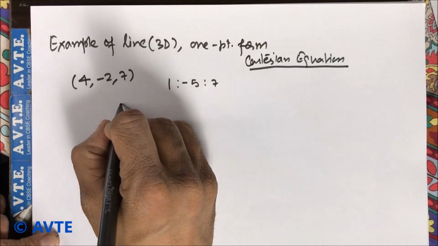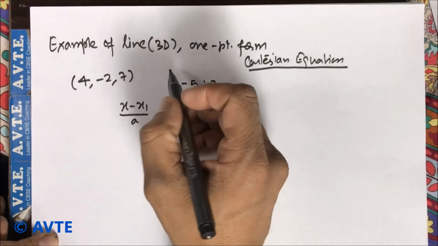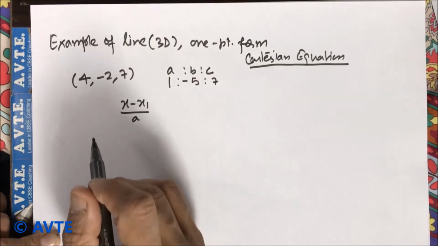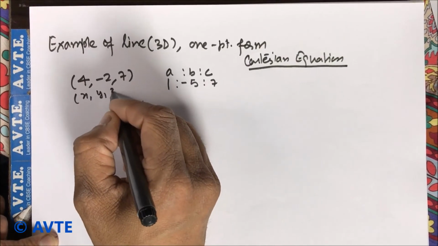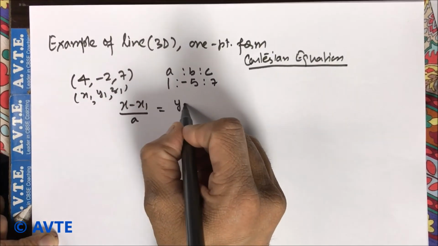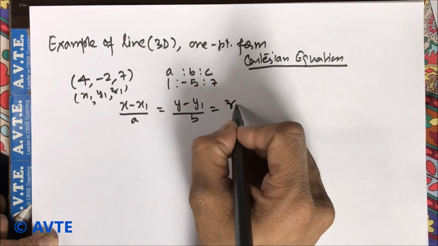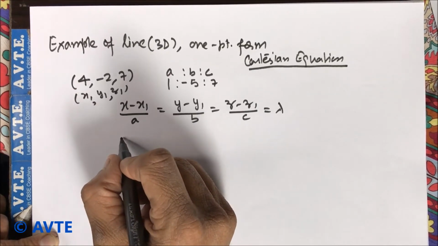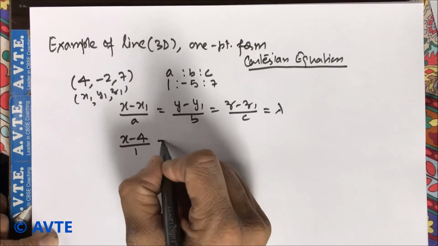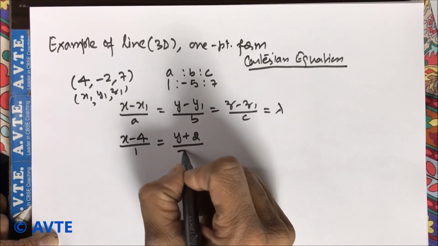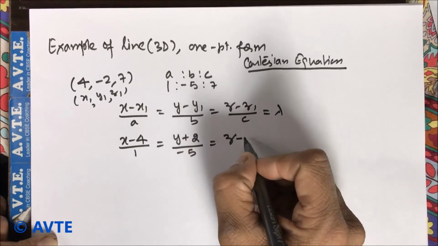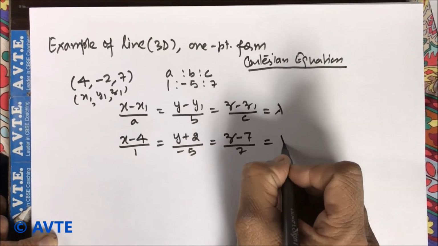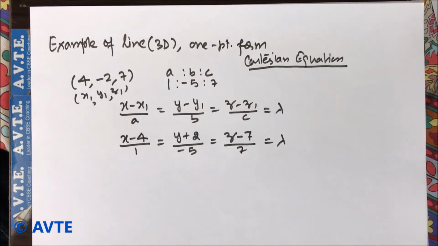Now, what is the one-point form? x minus x1 over a, so these are a, b, c, a is to b is to c, and this is x1, y1, z1, is equal to y minus y1 over b is equal to z minus z1 over c is equal to some lambda. So the equation turns to